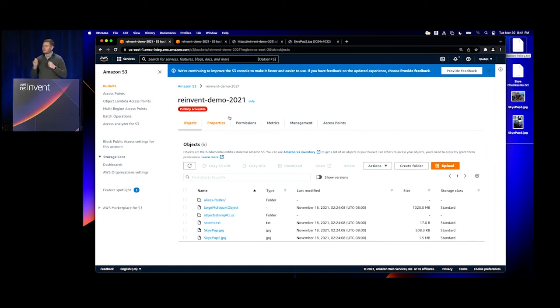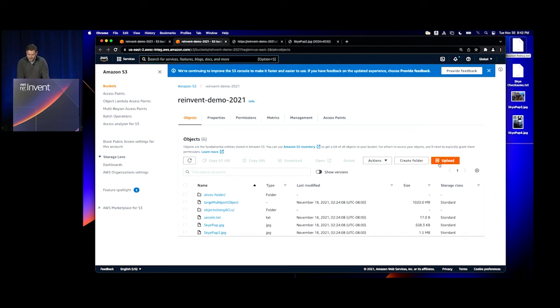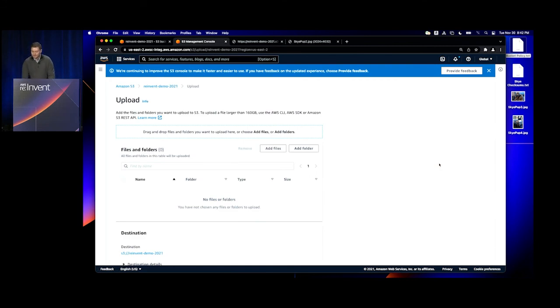soon. And so I'm going to upload 2 new objects to my bucket, specifically 2 new photos of my dog Sky. And I'm going to do that using the new checksum capabilities, and I'm going to verify that my objects were uploaded using checksums. Okay, so to do that, I'm going to click on Upload. I'm going to drag in a photo,